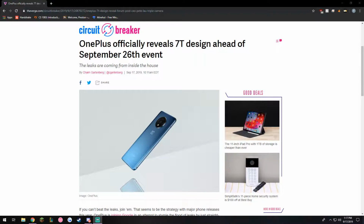The Google Pixel 4 and the OnePlus 7T. I can't wait to see what they'll do. Hopefully there's not a crazy upgrade from the OnePlus 7 Pro, but I hope they fix some of the problems that were happening with the OnePlus 7 Pro. I'm glad that they're improving the camera, because honestly, OnePlus could become a great phone company, but their cameras are always lacking. So I'm glad that they're trying to upgrade that on this model,